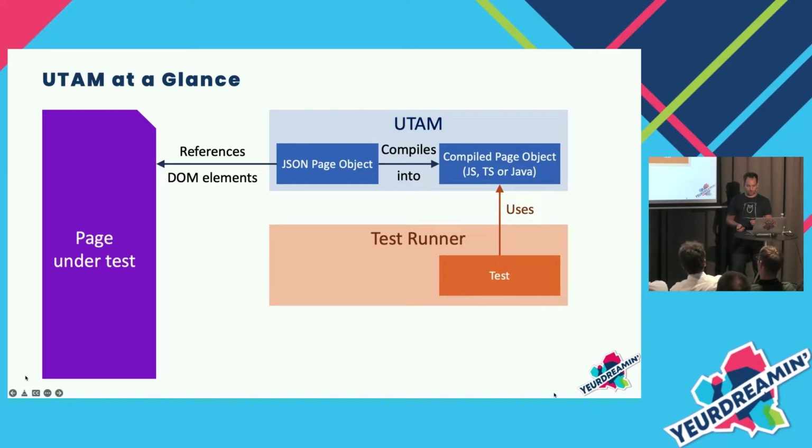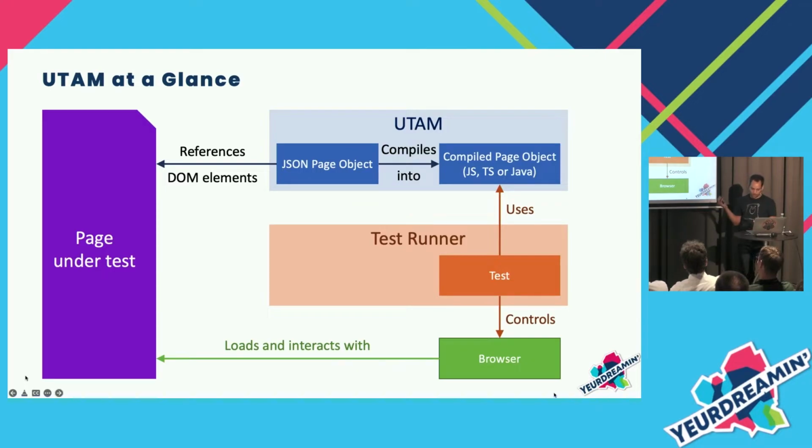Now, the beauty of all of this is that the test itself, the test code here in orange, does not know about the structure of your page. There's no mention of CSS in there. So it is totally decoupled from the actual page itself. And when you run a test, the test runner will just manipulate the UTAM page objects to control the page with the browser. And that's actually solving one of the biggest issues with